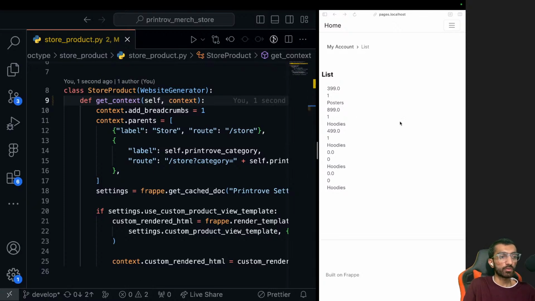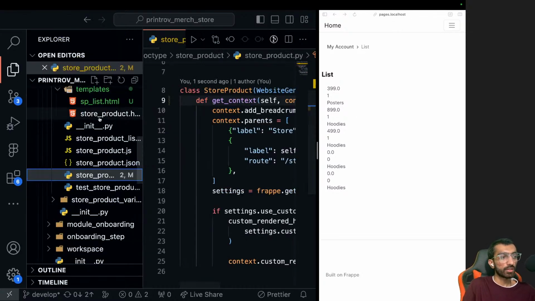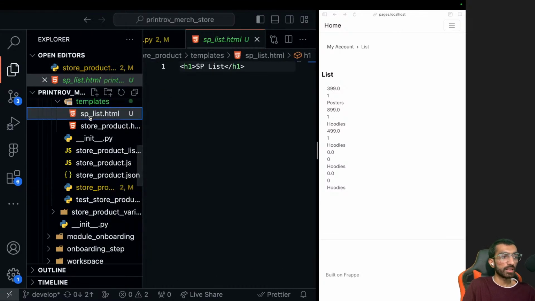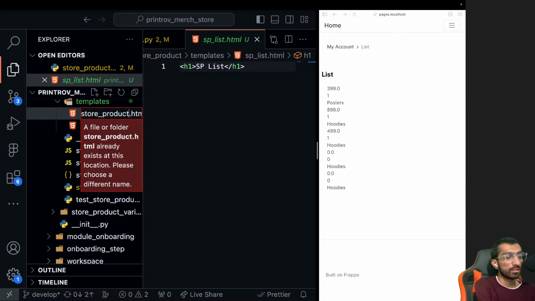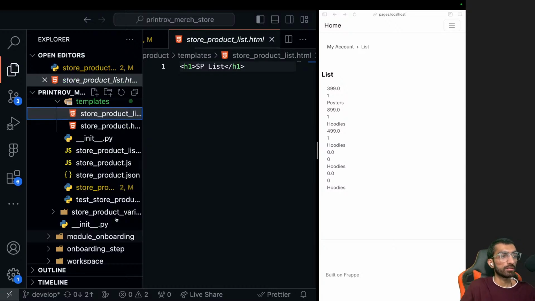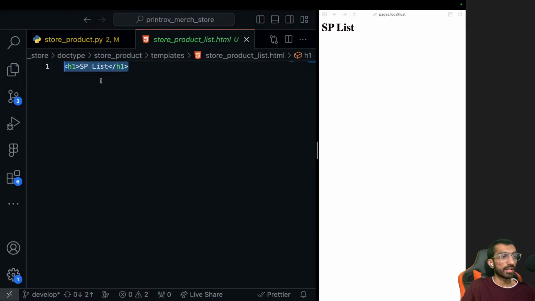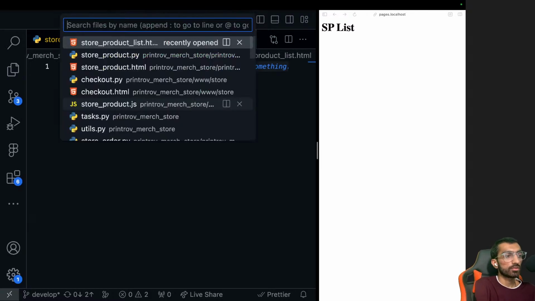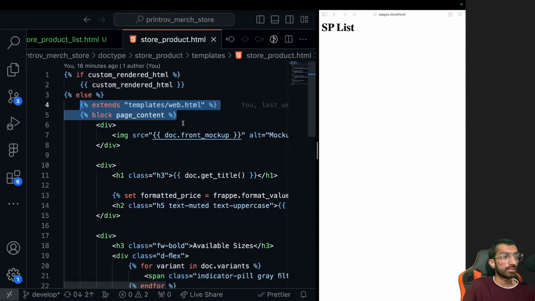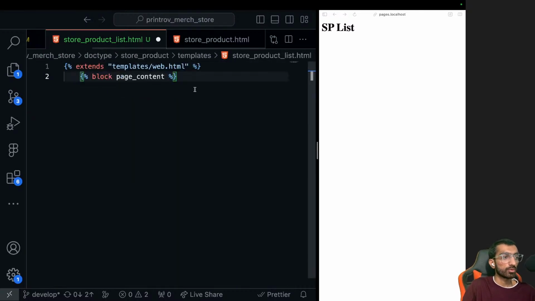So somehow we have to get to this thing, which we were able to get if we name it store product list. But as soon as we inherit from web, right, store product, I don't have time to go over this now, but let's